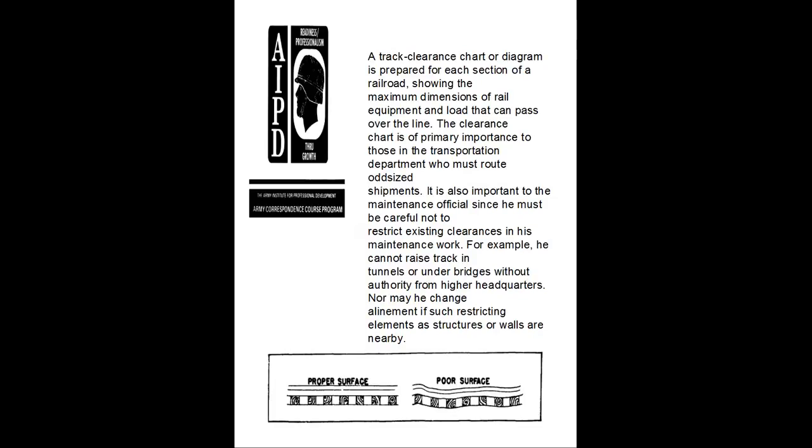A track clearance diagram is prepared for each section of the railroad, showing the maximum dimensions of the railway equipment loaded that can pass over the line. The clearance chart is of primary importance to those in the transportation department whose most route